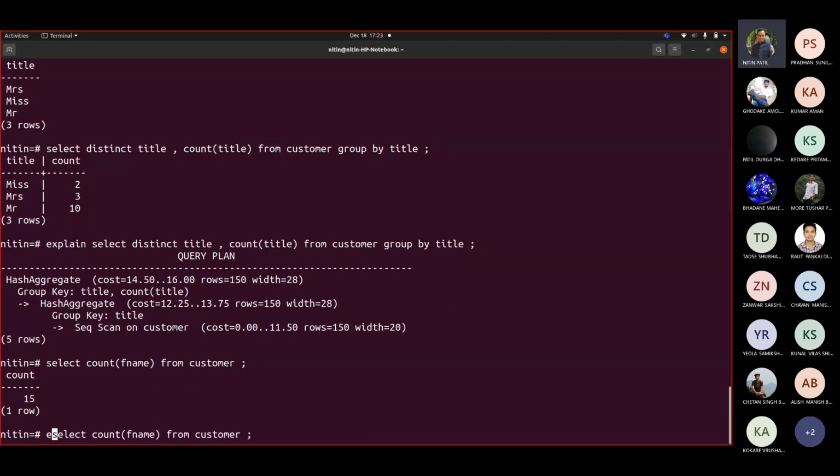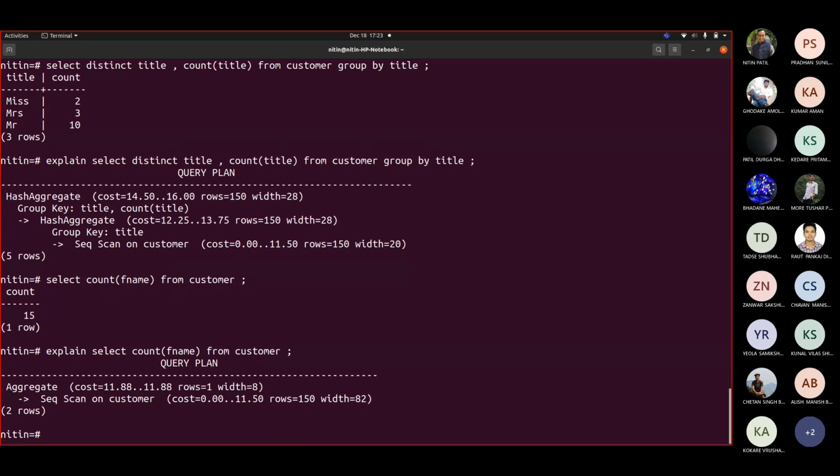If I simply write explain, there is an aggregate function used, that's why it shows aggregate. That is the reason why this hash aggregate came. Hash aggregate was added because you are grouping them, and that grouping was done through hashing.